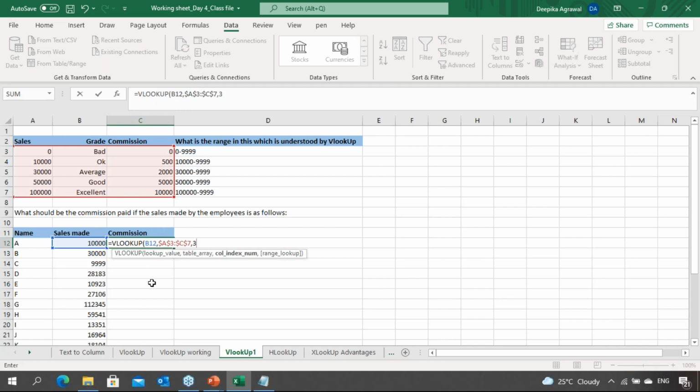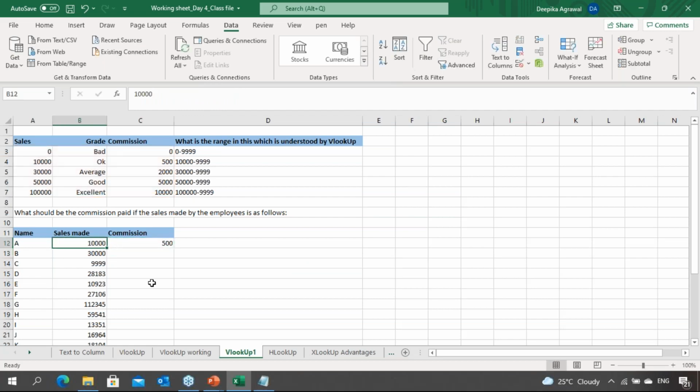3, comma. What is the range lookup? I know there is no exact match. There is an approximate match only possible. I said approximate match. I selected it with my tab button. Okay, and bracket close. So if my person has made a sales of 10,000, so I'm falling in this range, 10,500. So this is also I've explained that what is the range which VLOOKUP is understanding, 10,000 to,